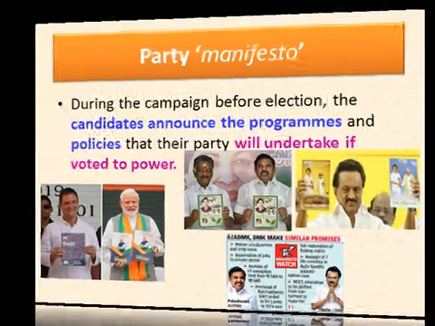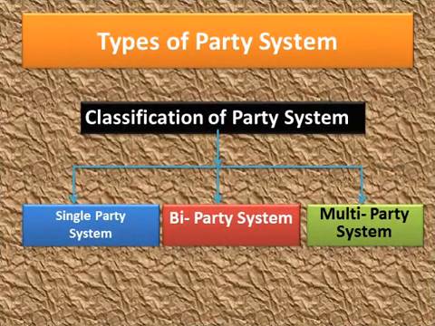Now we will deal with the types of party system. The party system can be broken down into three broad categories: two-party, multi-party and single party. This is based on the number of parties operating within a particular country and a variety of distinctive features that the three systems exhibit. Two-party system and multi-party system approach the working of democracy. Single party usually operate in situations in which genuine political conflict is not tolerated.